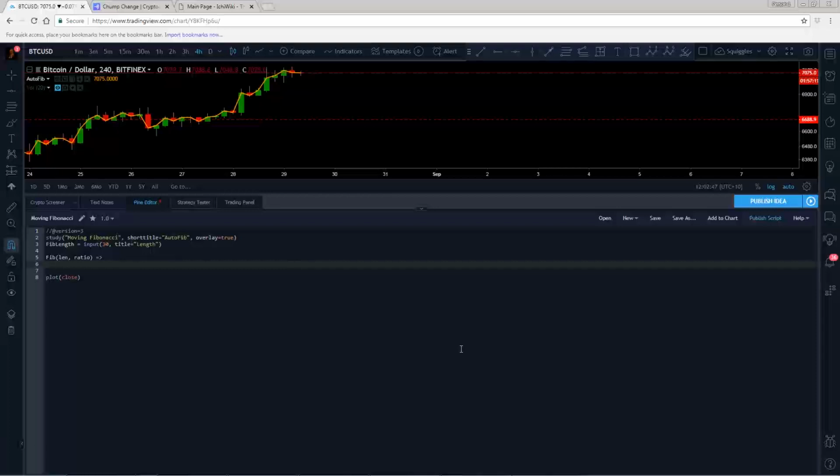Okay, now what we need to start with is that the Fibonacci is going to have a highest and a lowest value, and within that range it will have the Fibonacci levels overlaid. So first we need to get a range. So let's create a variable called range,